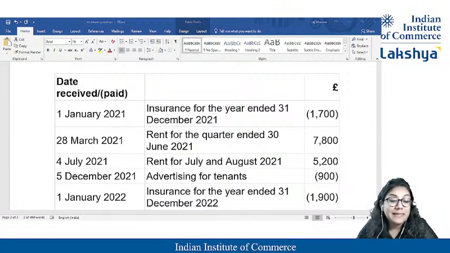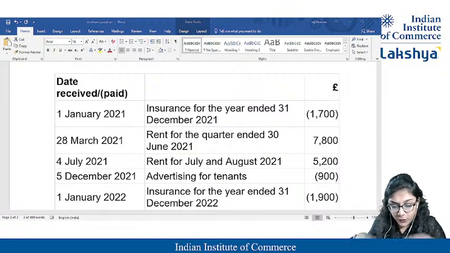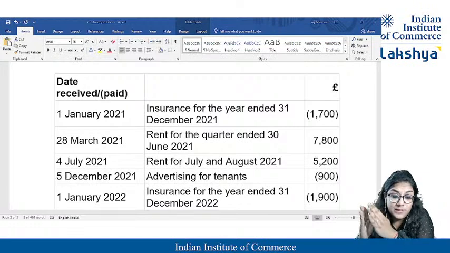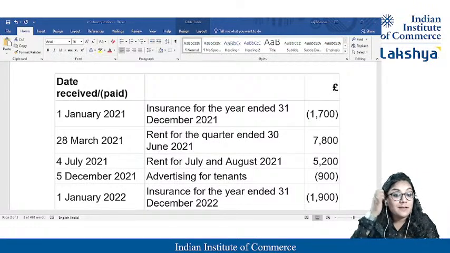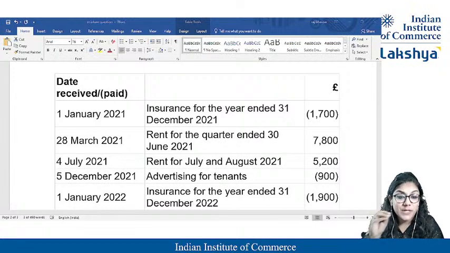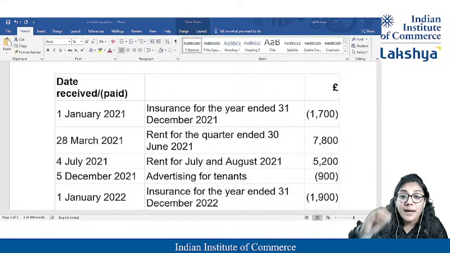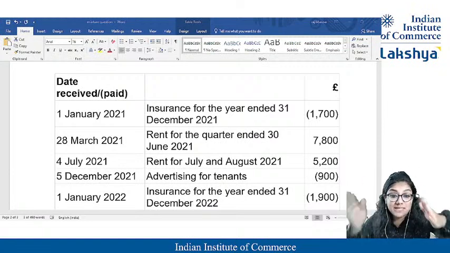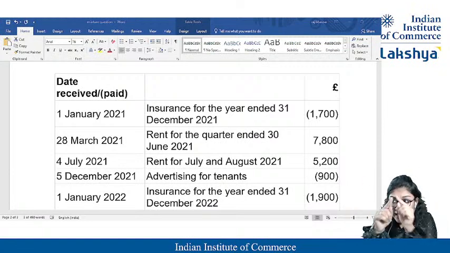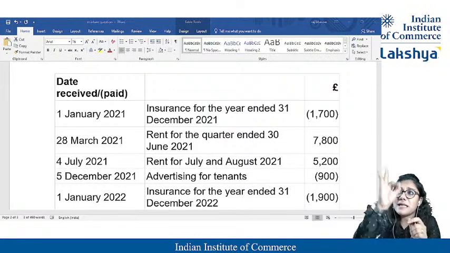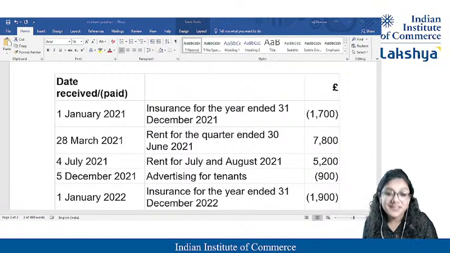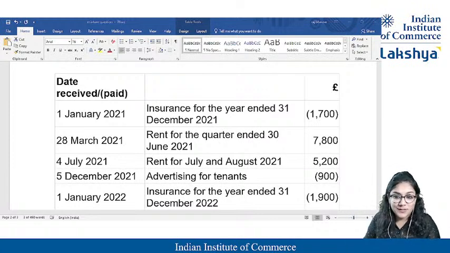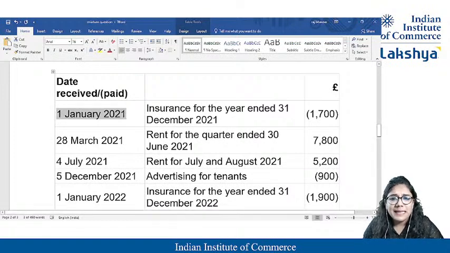When I term it as accrual, it means I have to book it and first understand what my accounting period is. Over here, my accounting period year ends on 31st March 2022. Whatever income or expenditure has occurred in that particular year, from 1st April till 31st March, only that much is to be considered. So students, I will ask you a very lame question.